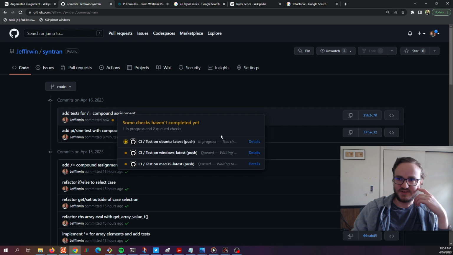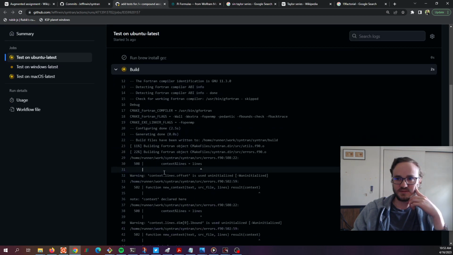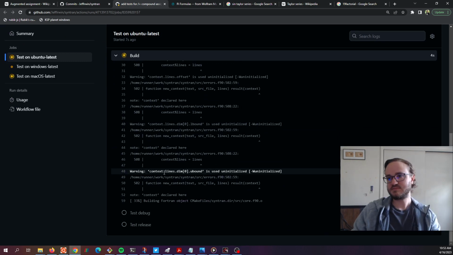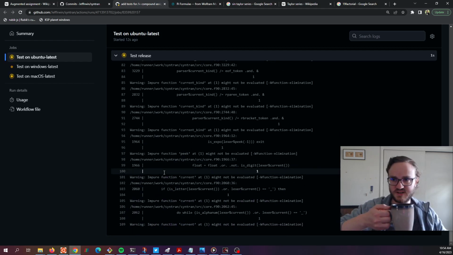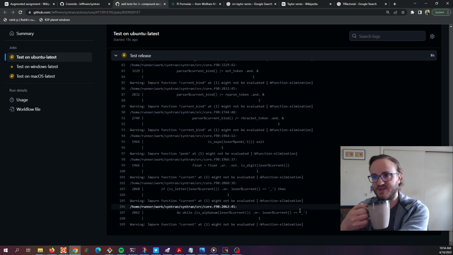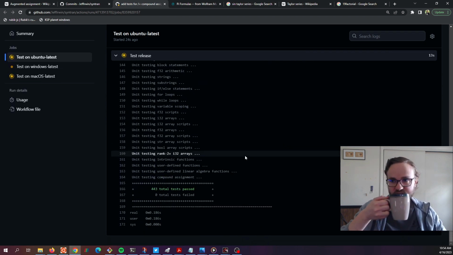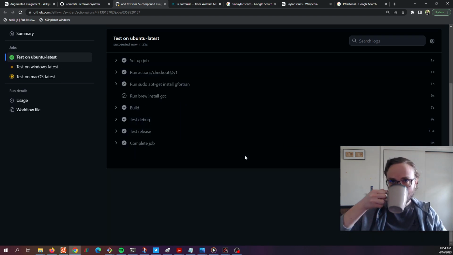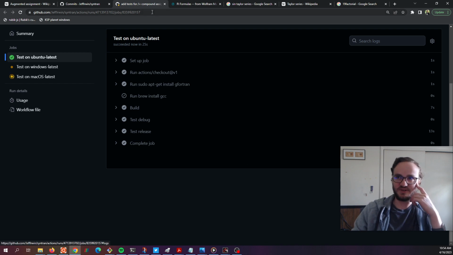I want to verify that those actually passed, so I'm going to wait a minute and let this run. Yeah, debug passed, and this is release now. It's a difference of whether the interpreter itself is compiled with debug flags or release flags, so it basically does these twice. Yeah, and that passed too. I don't need to wait around on Mac or Windows. Those take a little bit longer to run,